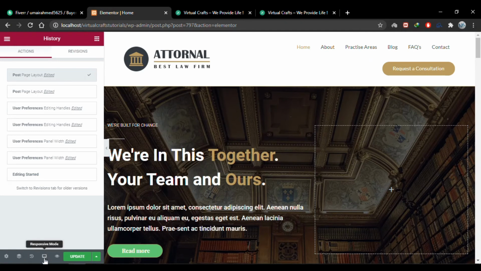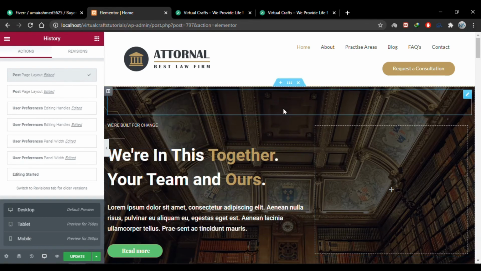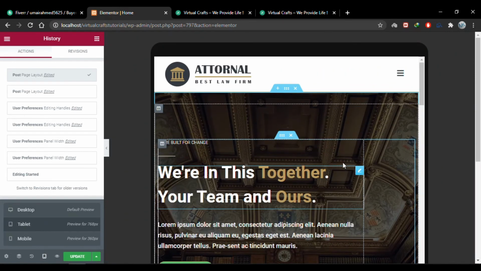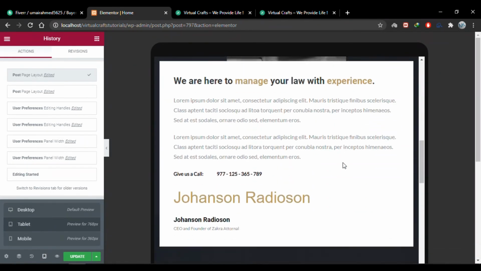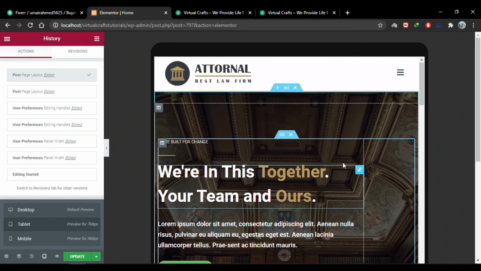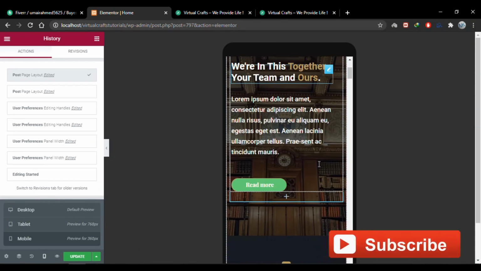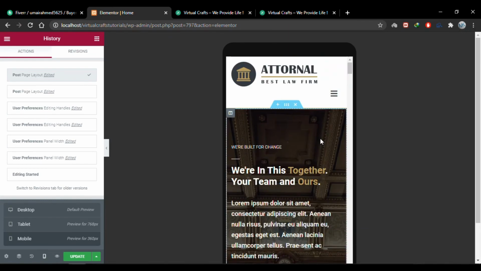Now this icon is for responsive mode, and this is a really important point. Currently we are looking at how our site will look on desktop computer. Click this tablet tab, and now you'll see how our site will look at a tab. Now click on mobile, and you'll see how the site will look at the phone. Now this thing is called responsiveness, that your site has to change its size according to the device it is being viewed on. So you have to design the site both in desktop and mobile version.